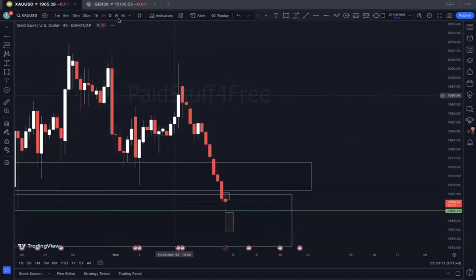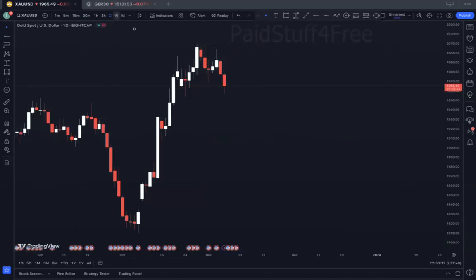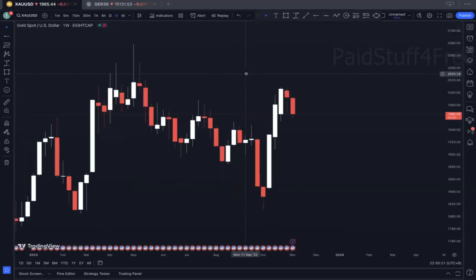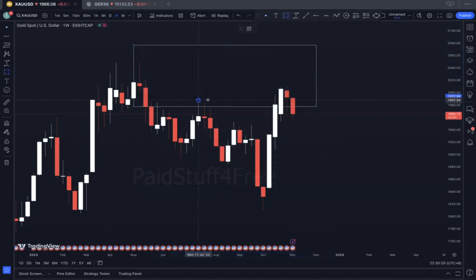So that is how it works. Actually, right over here, if you look at the direction, if you talk about weekly, this is what I mean. What I meant by we don't have a clear direction yet. We don't have any clear direction yet because if we see on the weekly,